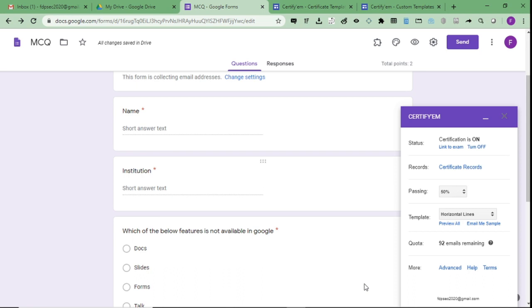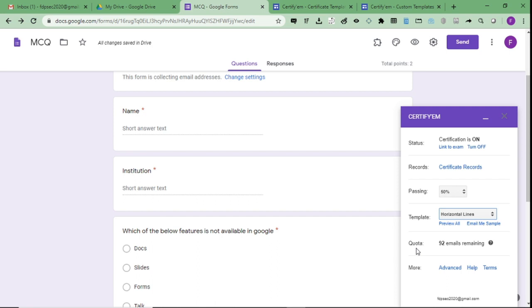Fine. So now everything is done. So I've set up the certificate. Certification is on. The passing score, I've kept it to be 50%. So if the student scores more than 50% in this MCQ test, he will receive a certificate automatically. And we have chosen a template from one of the available templates. And this quota represents, as I said earlier, for a personal Gmail ID, we can send up to 100 certificates per day.